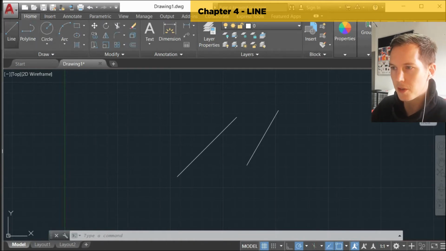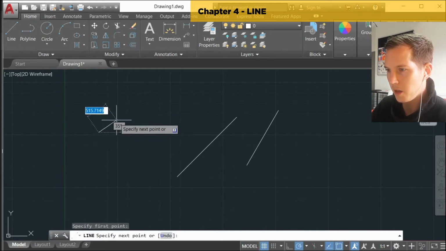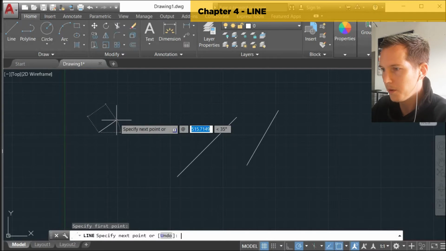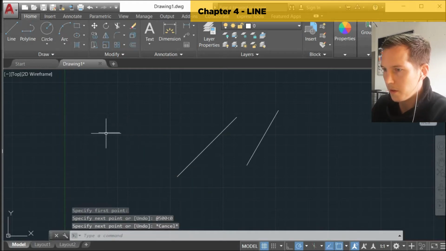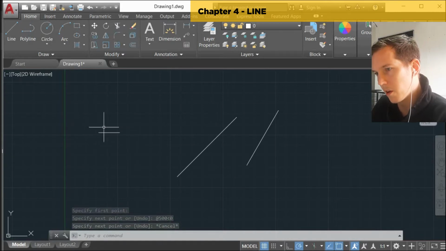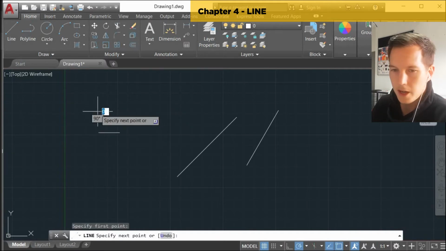If I were to type, let's start a new line here. Let's say I want it to be 500, and I want it to be at 0 degrees. It's going to give me a horizontal line. There we go. Okay, and that was the point that I started, and it gave me a horizontal line going this way. Now if I do the same line, I'm going to start it over here, and I type 180